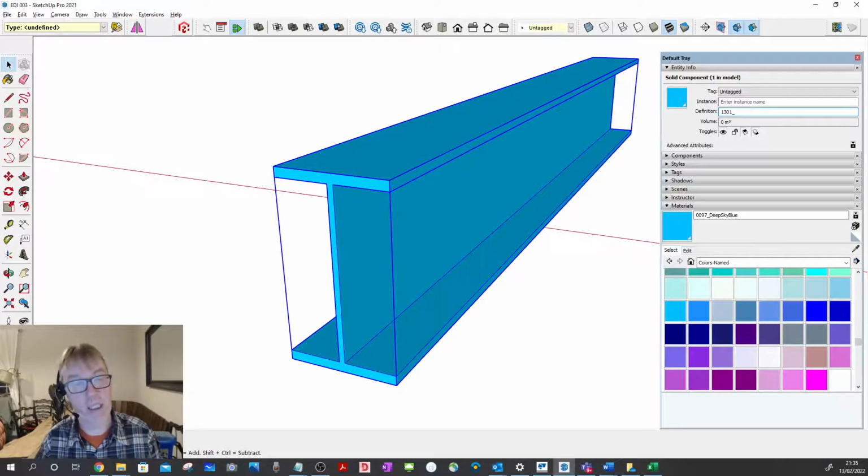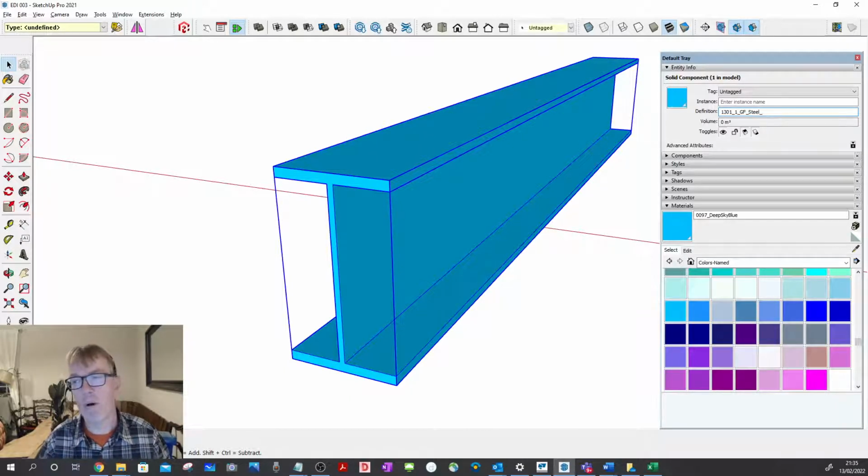The next element would be the level. The level meaning, is it superstructure, substructure? Well, this is all superstructure. So that would be 1, underscore. The next element would be the physical level. So it could be ground floor, first floor, or basement. So GF, underscore. The material, well, this is steel,